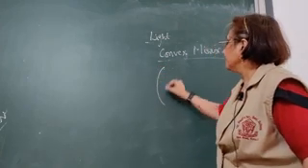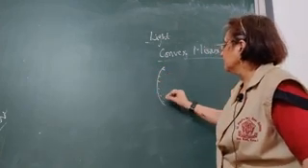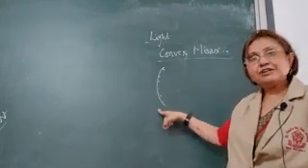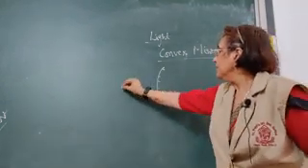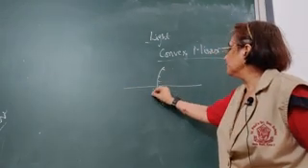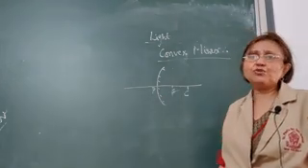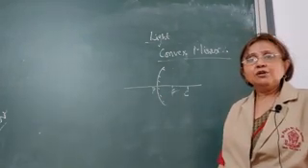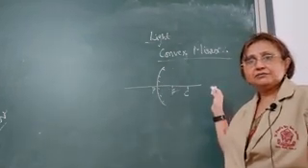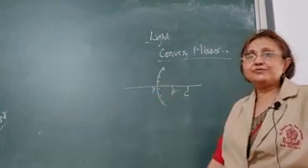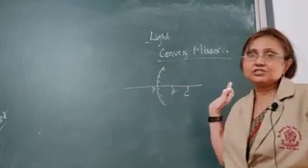In case of a convex mirror, the reflecting surface is the bulging out surface. And this point is the pole, focus, center of curvature. So here focus and center of curvature both are behind the mirror. So those different object positions we discussed in the concave mirror cannot be discussed over here.